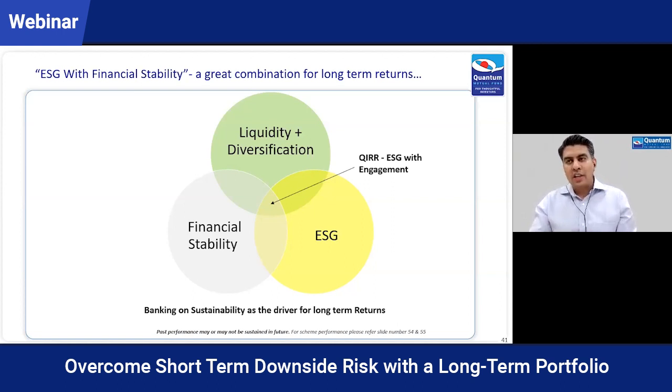So ESG takes care of looking at or measuring the sustainability of companies. At the same time, we combine that with financial stability of companies, as Saurabh said, high leverage could be a deterrent to performance for companies. Similarly, we look at whether companies are not highly levered, have good cash flows, their capital allocation decisions have been good, and they have good management and a good board that takes care and ensures the company is on the right path. At the same time, we ensure that there is good diversification of the portfolio. We'll come to where the fund is diversified and how. Plus, we ensure that it's a very liquid portfolio.